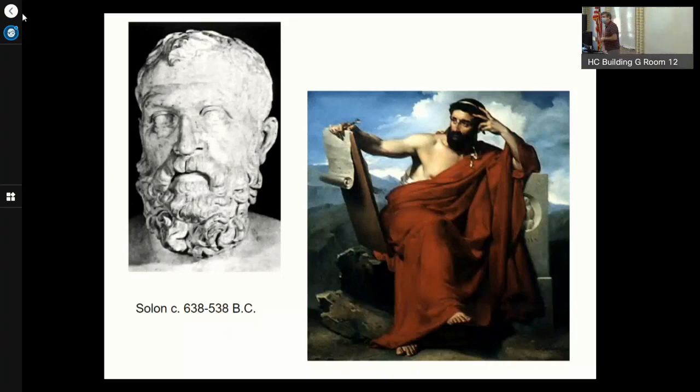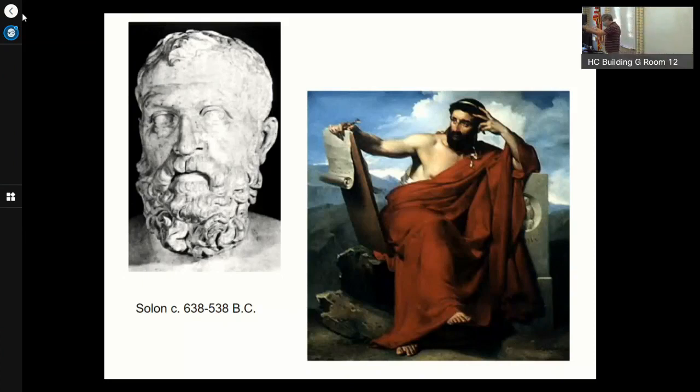And he was rejected. What, are you crazy? Come on, Solon, I told you to fix the problem. I didn't say take away our wealth. It was the wealthy, powerful people that asked him to solve the problem, right? So here's my solution. We're going to take your land. We're going to take your power. We're going to take your slaves. Forget it. And so Solon's ideas did not get put in place because the wealthy, powerful people in Greece were